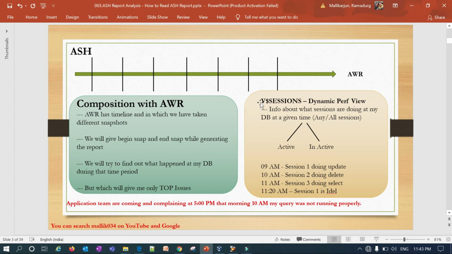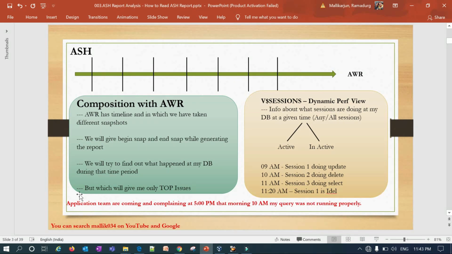So I have v$session, and using it I can take this information out. I can predict what a query is doing, whether the query is running perfectly fine, whether it is taking a lot of time, whether it is choosing a bad or good execution plan, and how much the query has processed. With the help of v$session, I can get all this information. But still, why do we need the ASH report? Why do we need the ASH report?